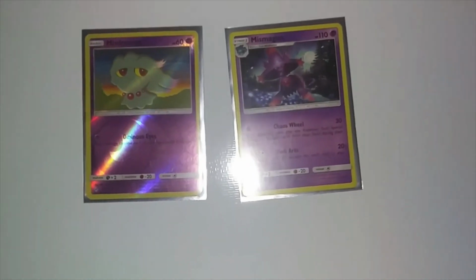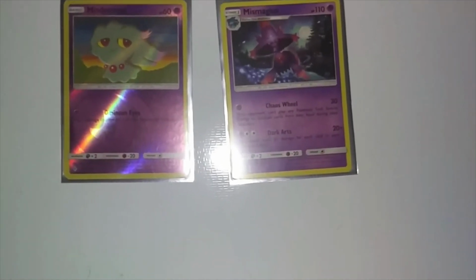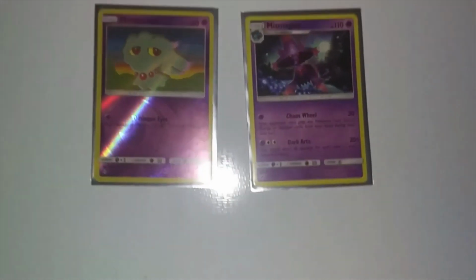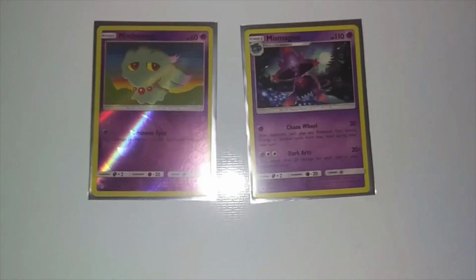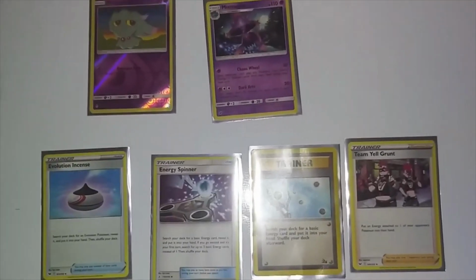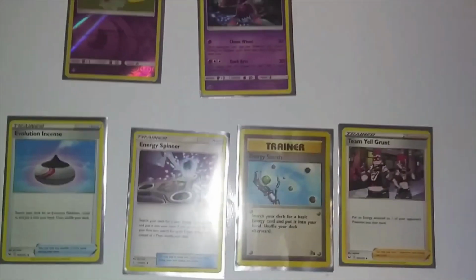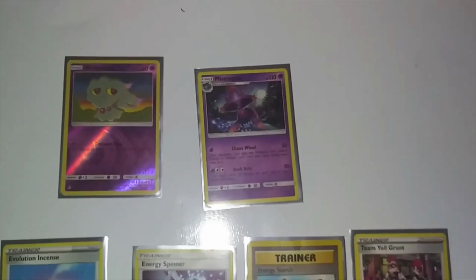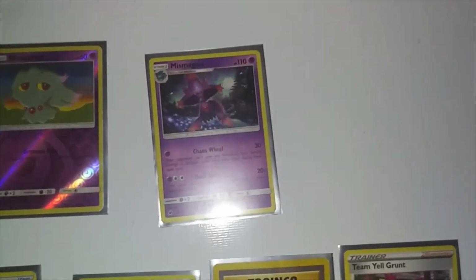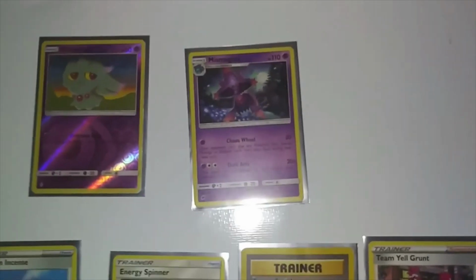Now, if Darkrai and Umbreon are prized, then these cards actually combo the best with Mismagius and Mischievous. Mischievous really doesn't help, but it's mostly Mismagius. Like I was saying, if we can't get